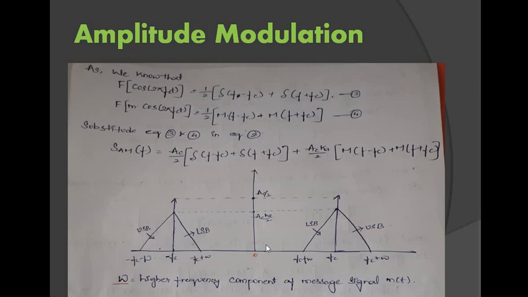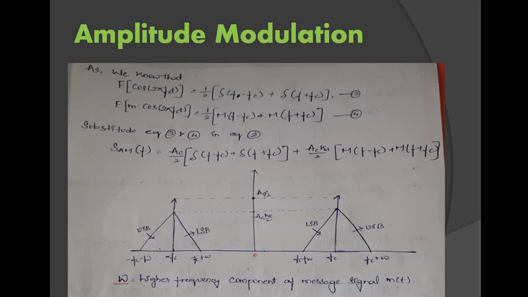But when a modulated signal is there, it should be within a bandwidth itself. I have not given the bandwidth here; I will give it in the next slide. The bandwidth of this message signal is equal to the higher frequency component minus the lower frequency component. The higher frequency component is f_c plus omega, minus the lower frequency component f_c minus omega. If you cancel these, lastly we get bandwidth equal to 2 omega, meaning 2 times the higher frequency component, which is the maximum frequency of your message signal.